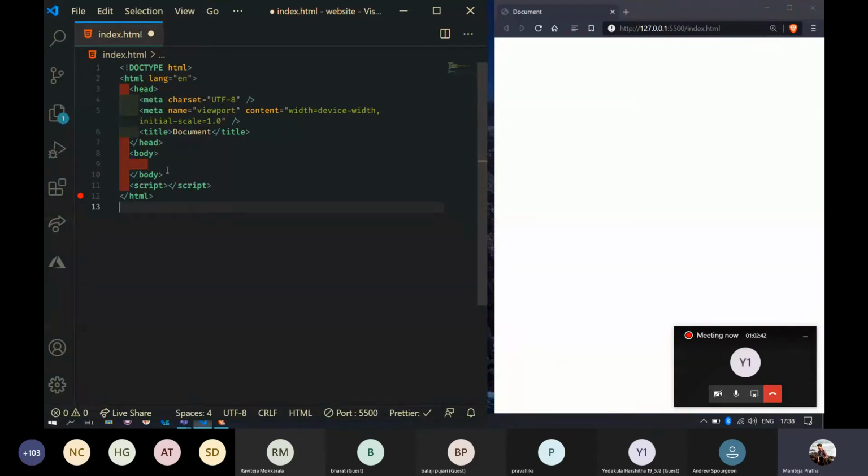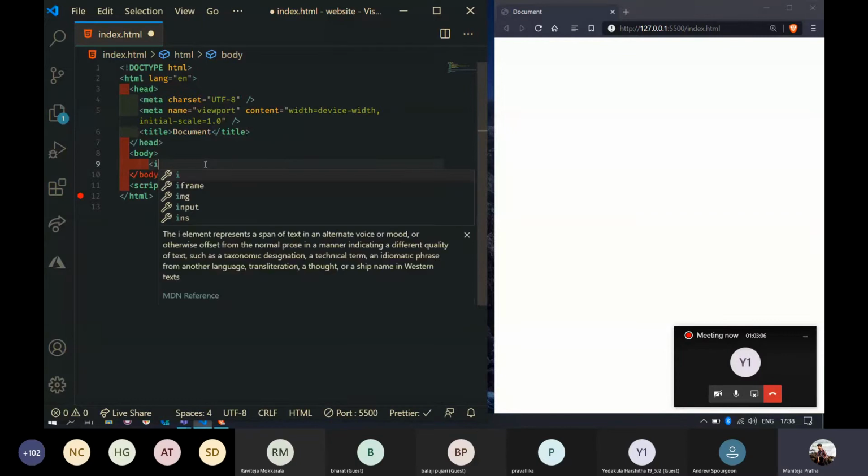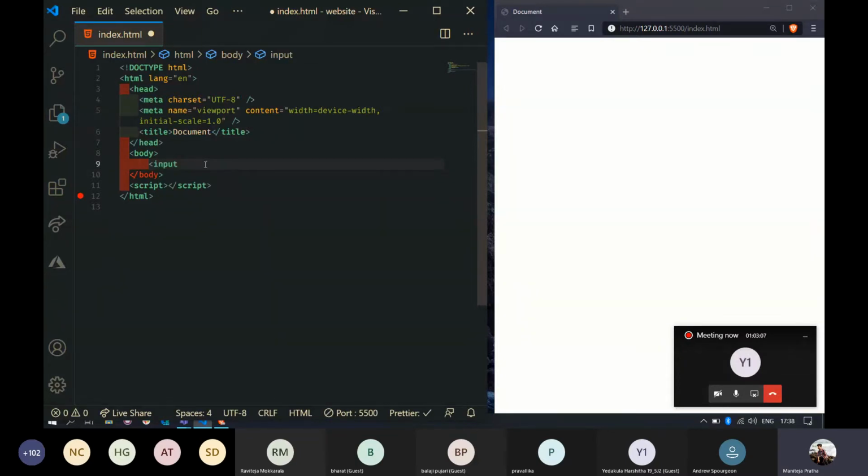Okay, let's move on. So what is the website that we are going to do right now? Let's have two input tags, a button, and one more tag to display the result. Let's add two numbers. What is the first thing that you need to do? I need to have two input tags, right?